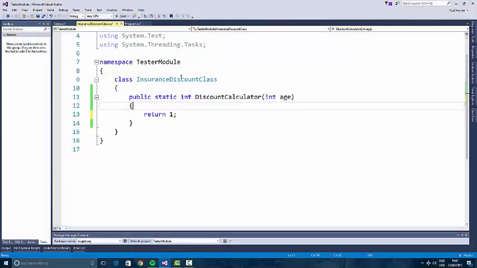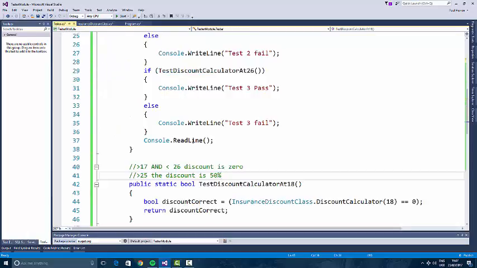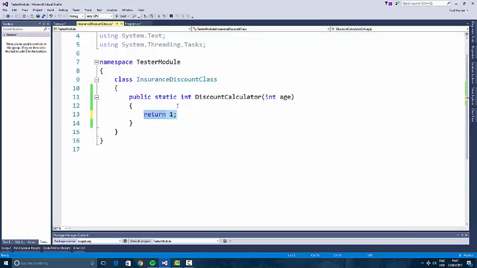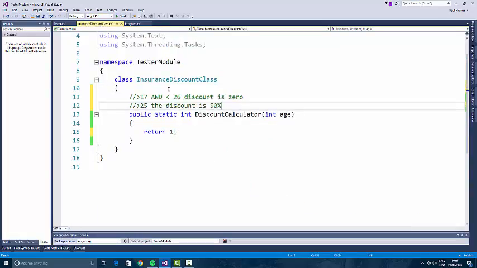Now, let's go to the insurance class and write out our discount calculator method. Let's just remind ourselves now of the criteria. So I just cut this out and bring it in. Just a little reminder what this method has to do. Okay, so